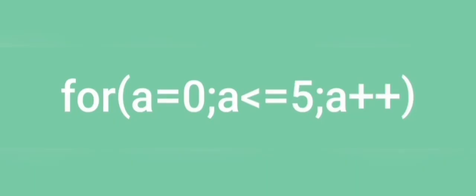Before starting with the concept of for loop, let us quickly look at the syntax of writing a for loop. Firstly, we will be writing the word for. Then we will start with opening parenthesis, and then we will first start with the initialization of our variable. Here our variable is a, to which I have assigned the value as a equal to 0. Then I need to specify my condition for the loop, that till when I need to execute this. In our question we need to execute it total 5 times only. Hence I am just writing here as a is less than or equal to 5.